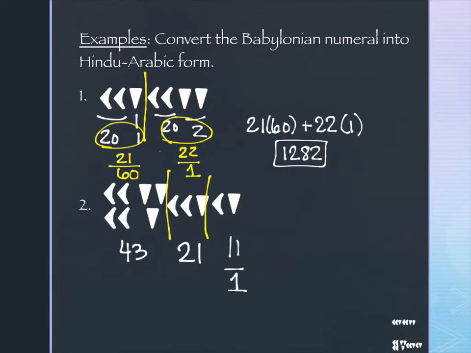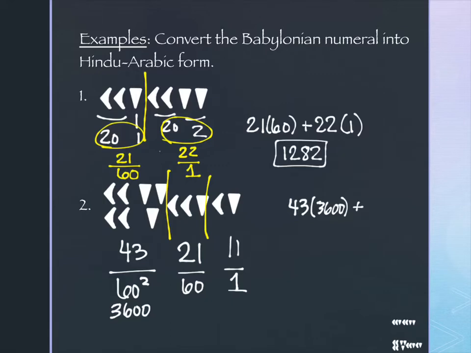We always start on the right-hand side. It's the 1s place, the 60s place, and then 60 squared. And by the way, 60 squared would be 3,600. You can square that, right? Just use your calculator if you don't want to do it in your head. So what I do is I take the number that's in that place, 43, and I multiply it by the place value. So I have 43 times 3,600, or you could write 60 squared,